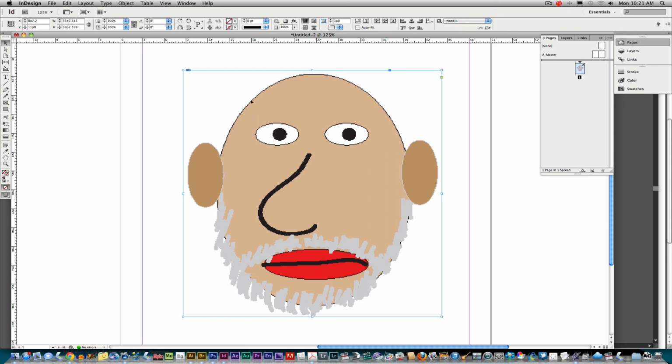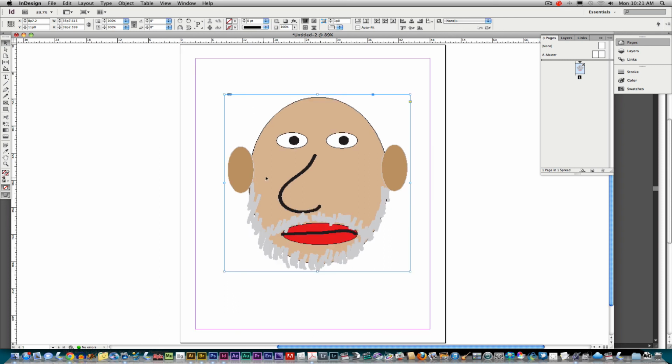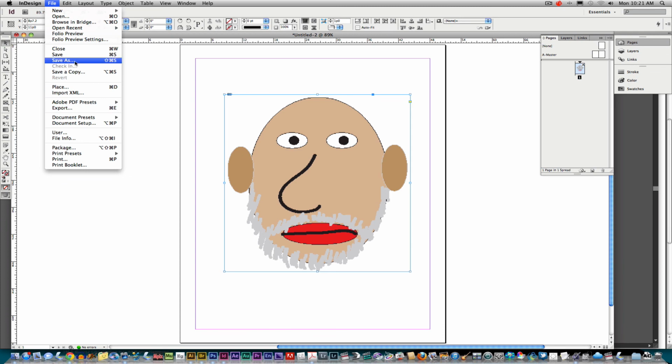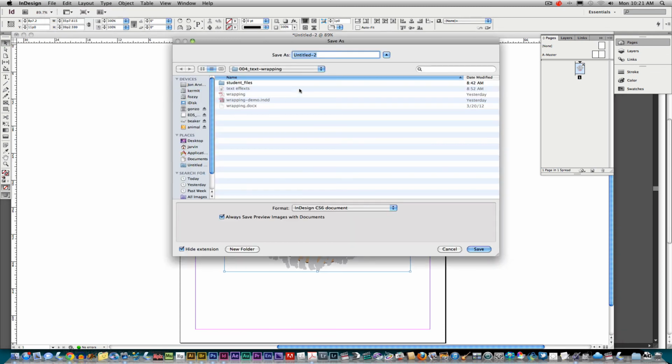All right, well, we've got the job done. I created something in Illustrator and I put it into InDesign, and that's what today is all about. So I would take this and go File and Save As, and make sure I get to my network drive here, and I would recommend calling it AI, which is the shortcut for Adobe Illustrator. AI to ID, those are like the abbreviations or the icon designations. Save it there, drag it and drop it into your turn-in folder,